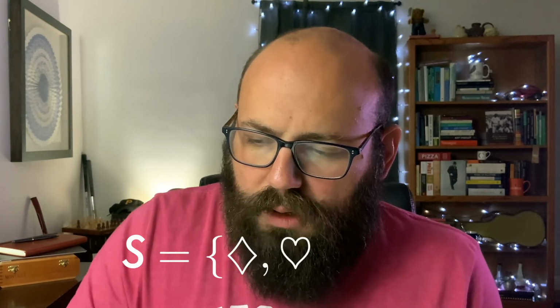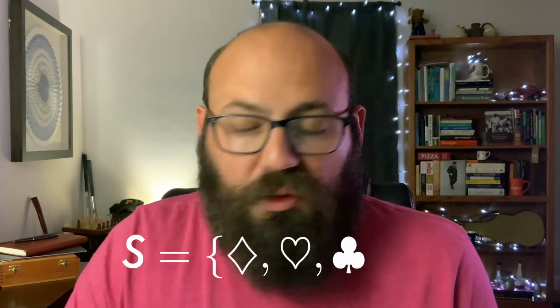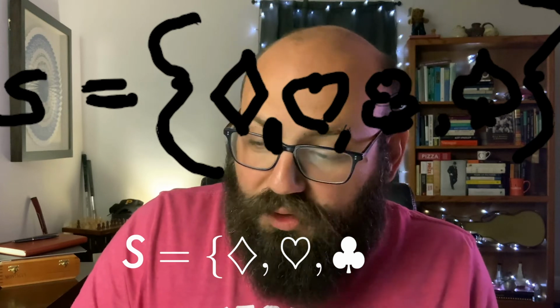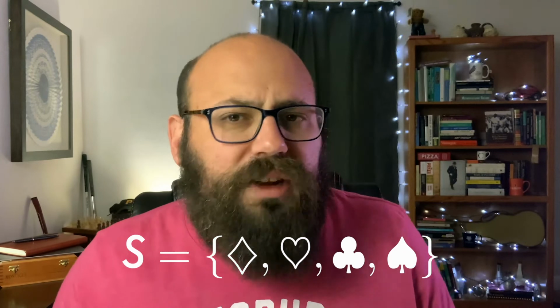Not a problem. So I can write out the set of all suits, and maybe I'll call that S for suits. S equals, and then I just write them out, and these squiggly braces mean treat this like a set. Diamonds, hearts, clubs. See, I'm so glad I don't have to draw this now, because I have no idea how you actually draw clubs without it looking like a really bad set of grapes. And certainly spades are really hard to draw. Boom. I just named a set.